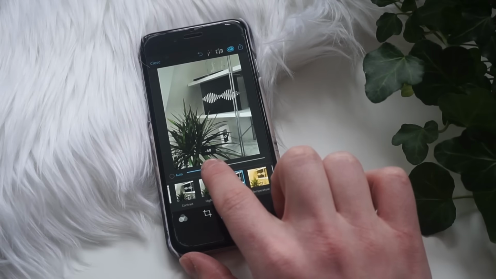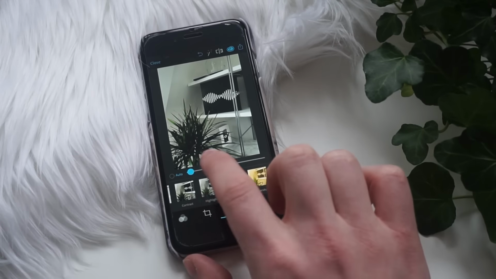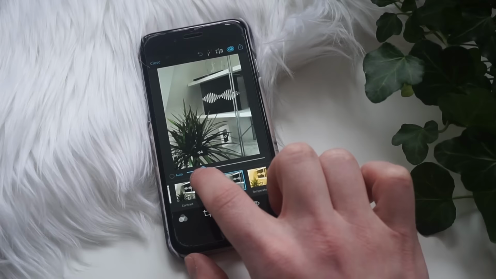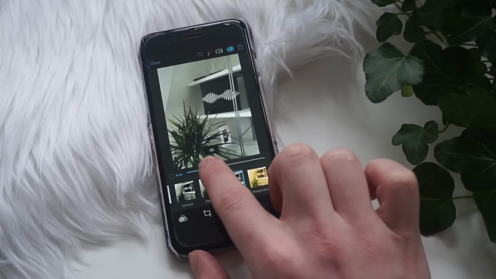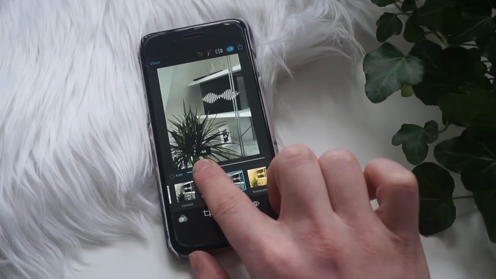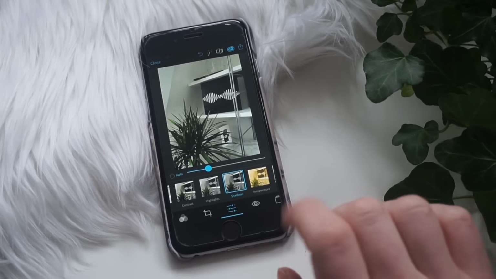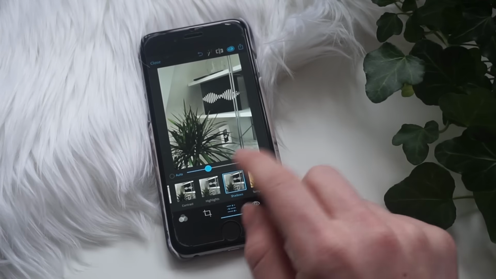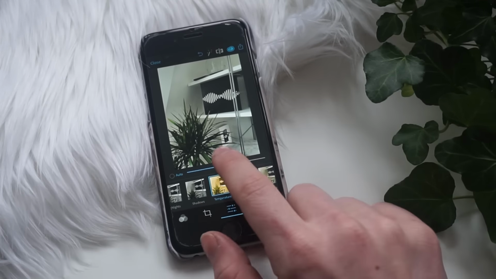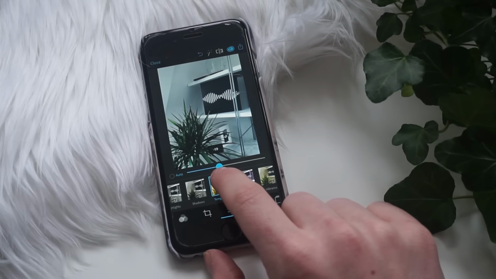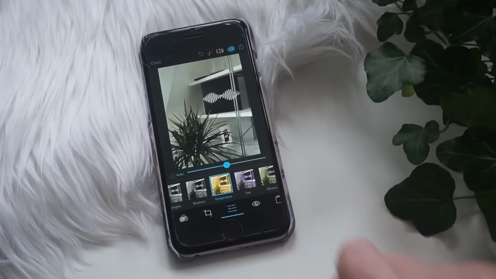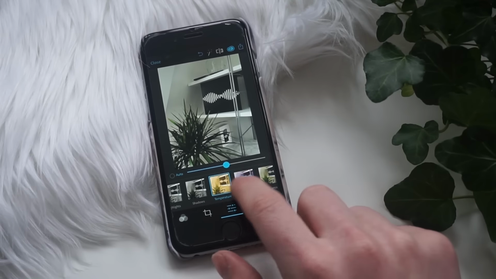I'm just going to drag that down until I like it. And I think I'm going to put this one around 50. And that's basically the only thing that I use this app for. Sometimes I will take down the temperature when it's a really orange picture, but in this case it is a pretty white picture, so I don't need to change the